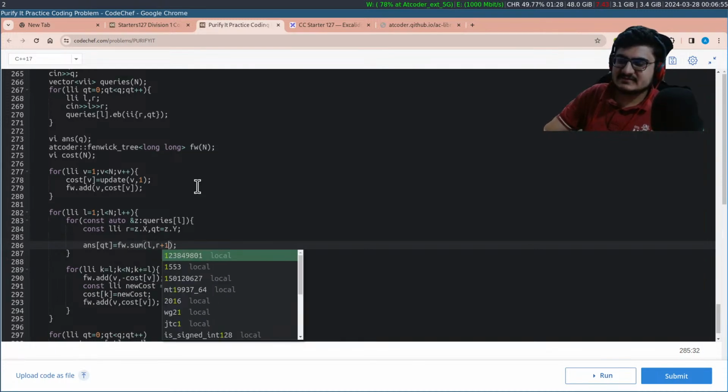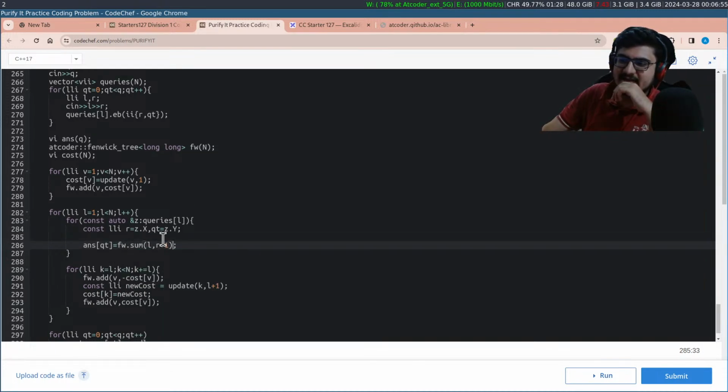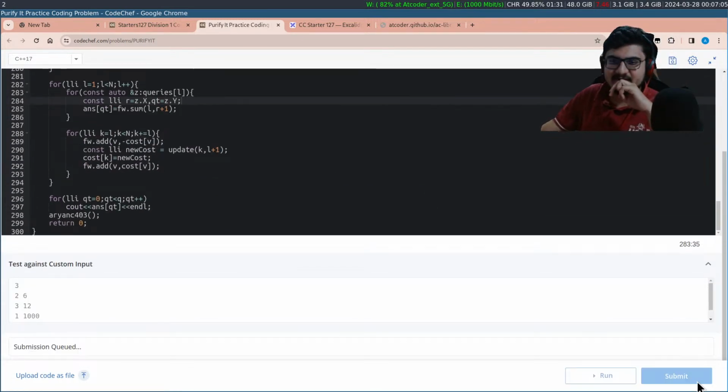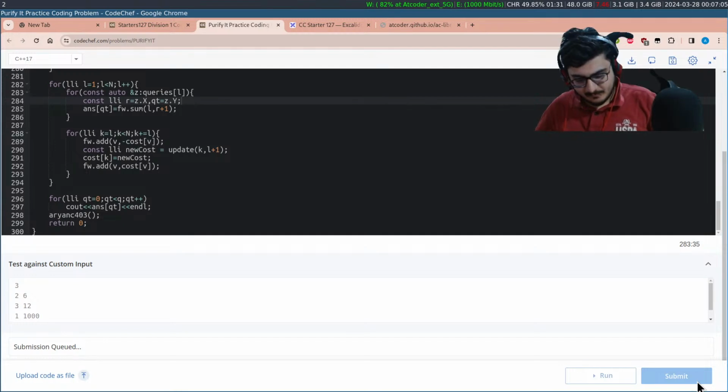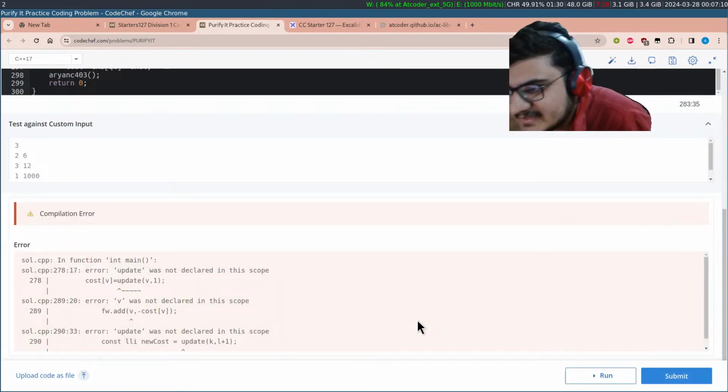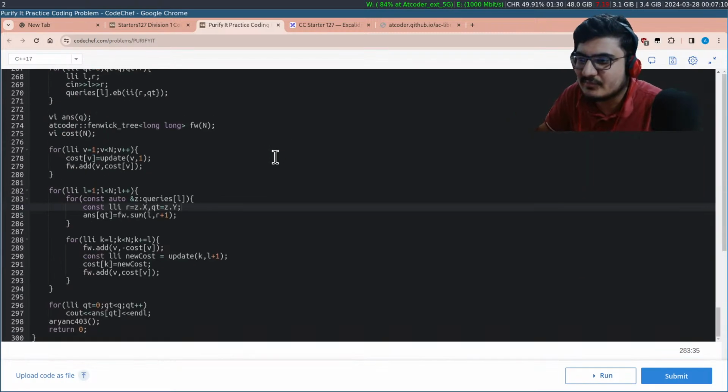And the index is like, this is the API for an open interval. So I have added R+1 to get range sum. And this pretty much completes the idea for this problem. The crux of this problem was to come up with a greedy, then realize that you can do it offline.